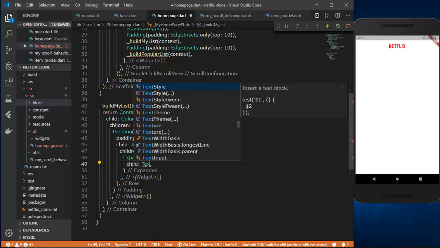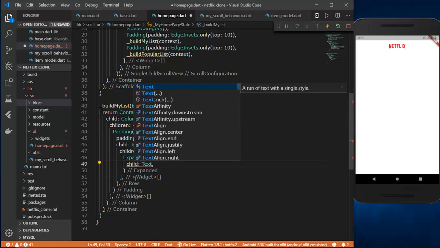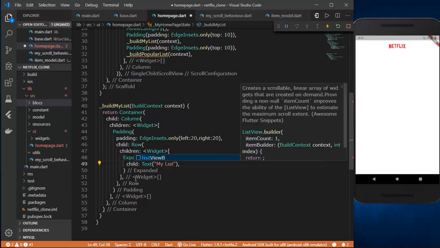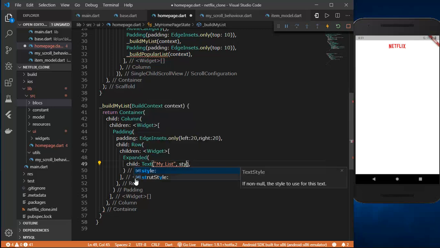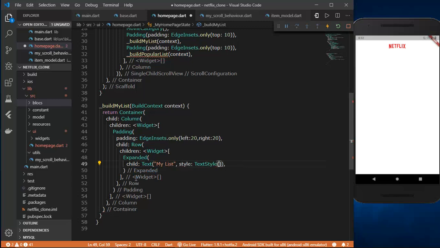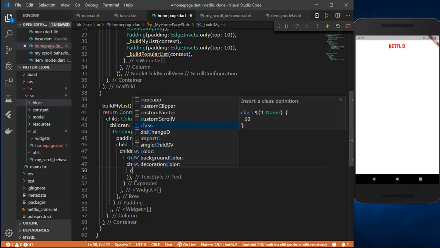So the child would be our text. So the text should be my movie list, let's say my list, and the style would be text style, and then have a color,